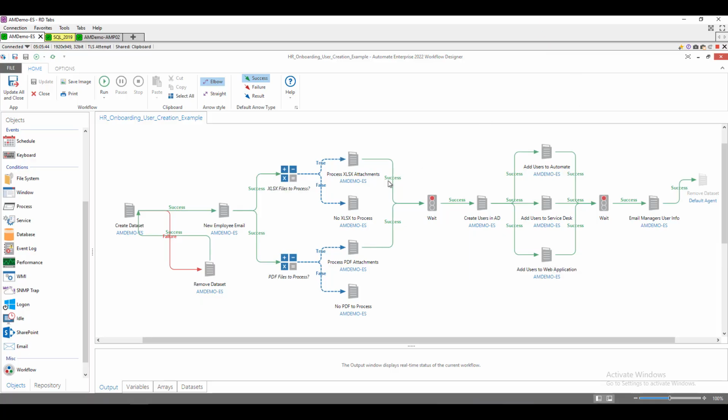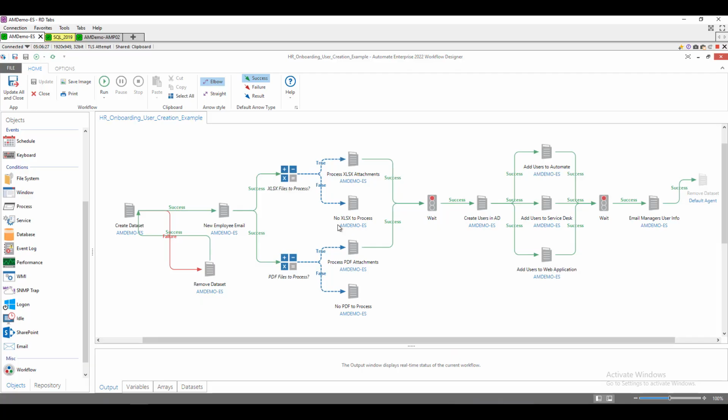So, we are using those evaluation capabilities to make a determination on, do we have any spreadsheets that we need to process? Because again, that's one example of the way data can be received. Or do we have any PDF documents to process that have come from our email, as an attachment in this case? And in both scenarios, if that evaluation is false, we don't have a valid file to process, we're just sending out a notification back via email, in our false path. Maybe someone wants to be notified the number of attempts that we get or user accounts that we get or why we didn't receive something that maybe we expected, right? Otherwise,